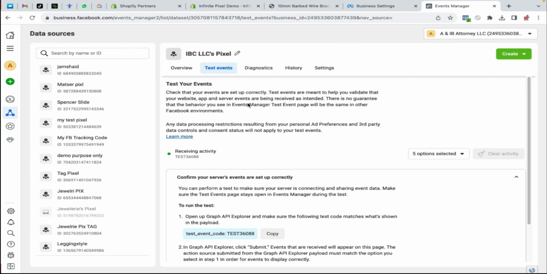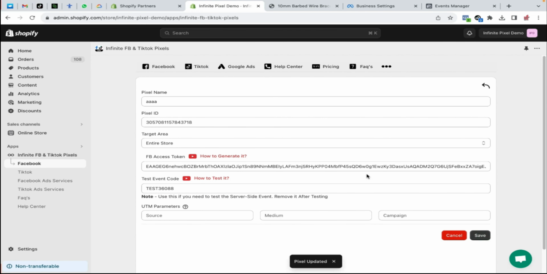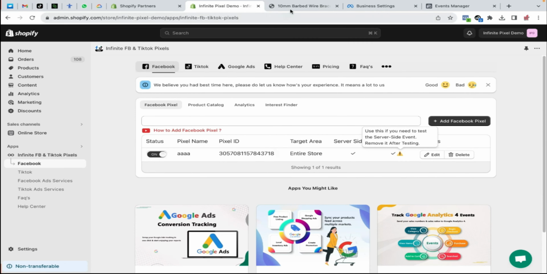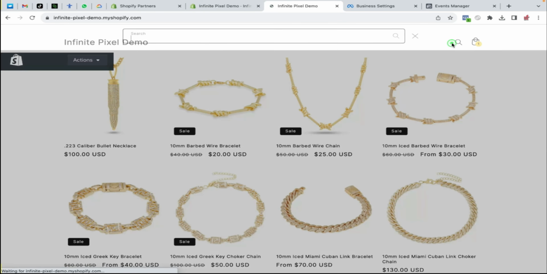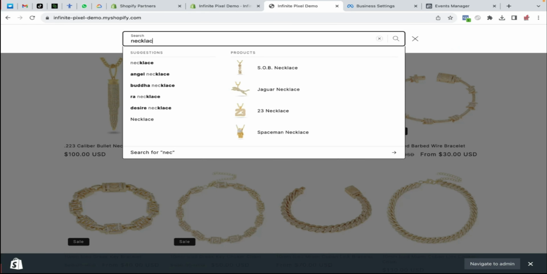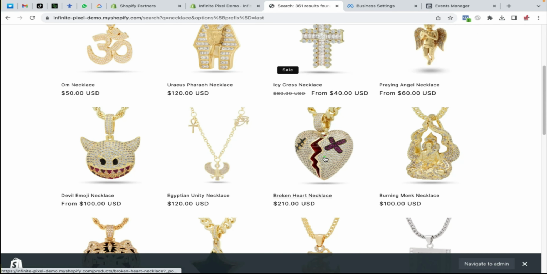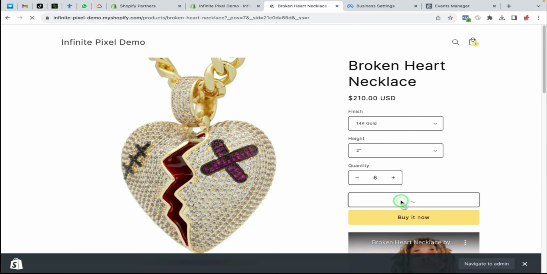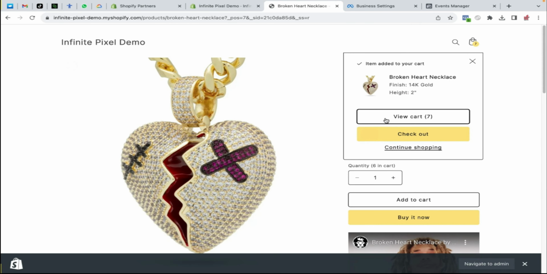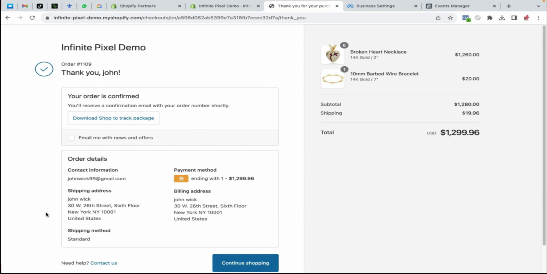So now let's copy test event code and paste it in the app. Click on save. You can see test event code is applied. Now let's perform any activity in our online store. Let me make a search. Open any product. Let me perform any activity. I have made a dummy purchase,